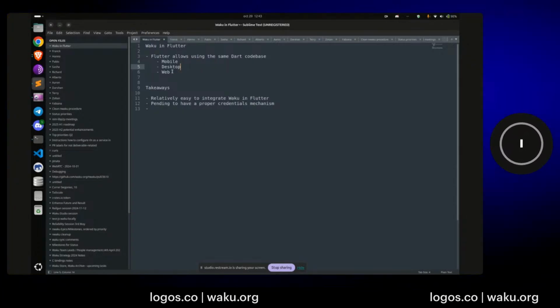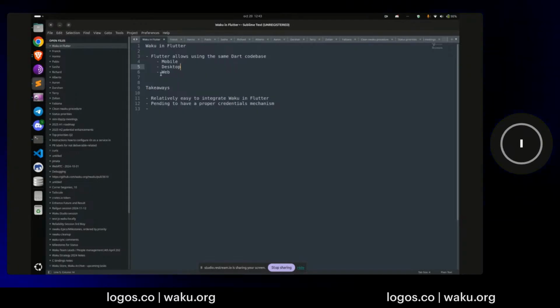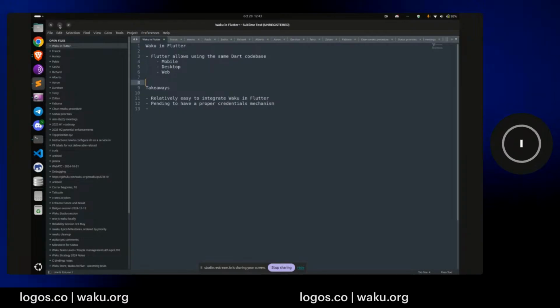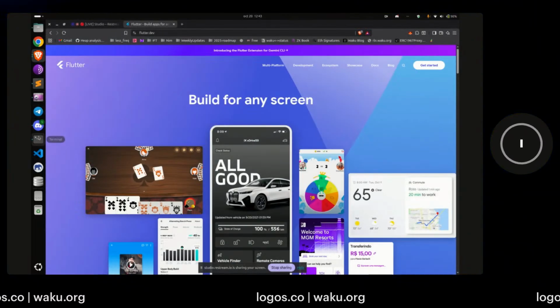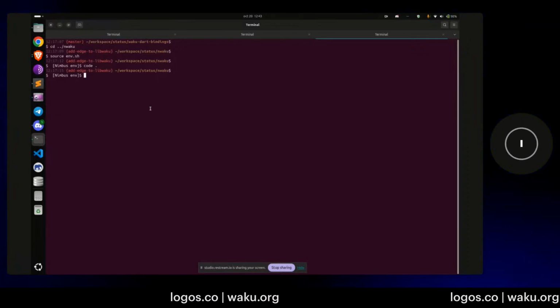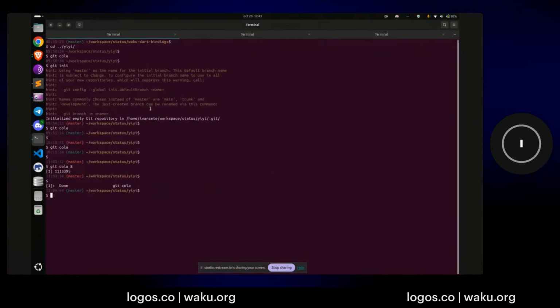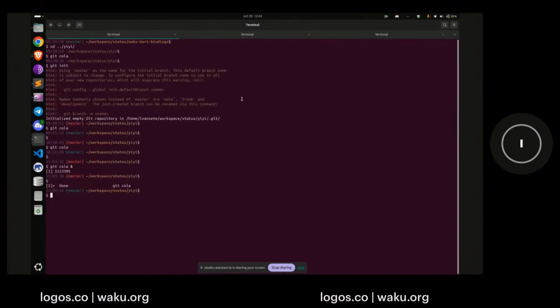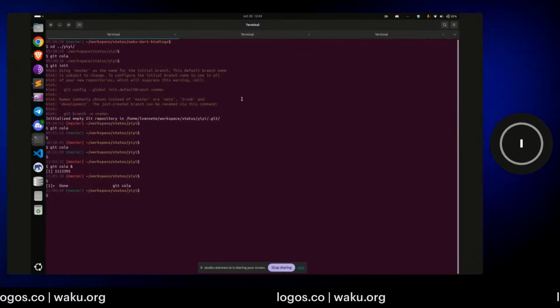In this particular presentation, we will focus only on mobile and desktop. I wanted to implement something a bit more mature, but I didn't have time.